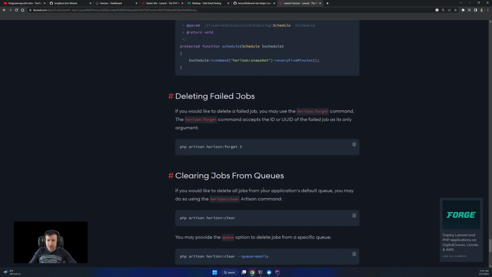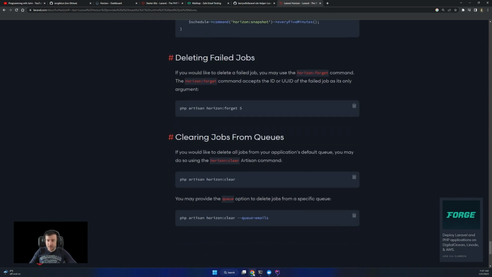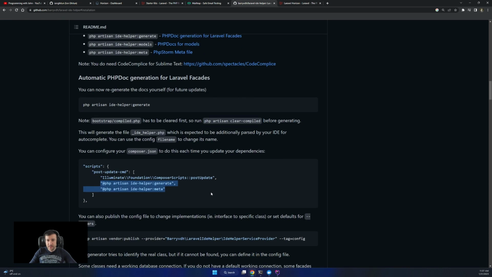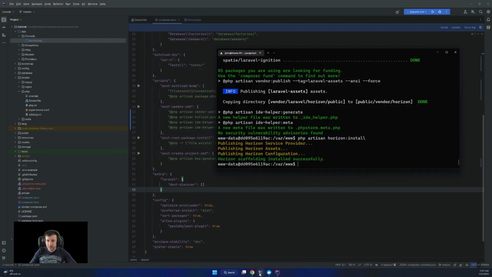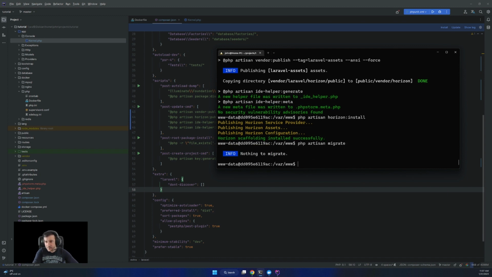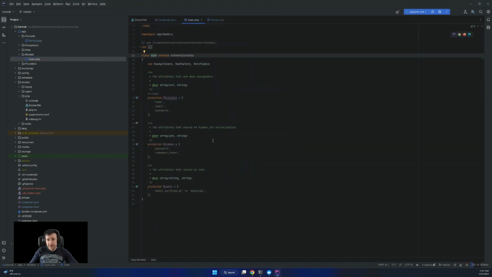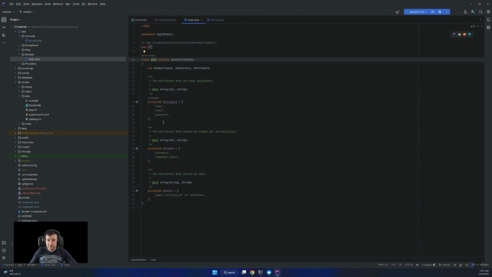I told you about the IDE helper and models, right? So with the IDE helper, let's say I do migrate. Oh, nothing to migrate, everything is run. So I have this model User, and from User I have name, password.